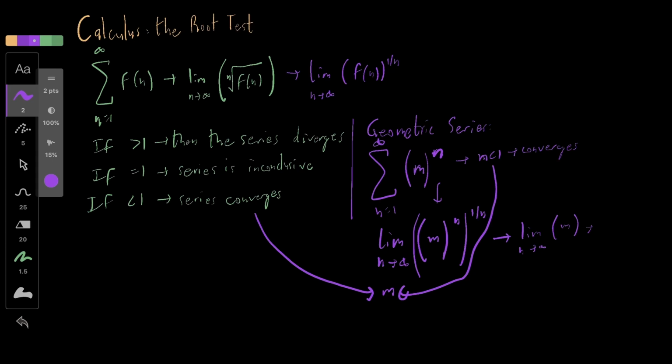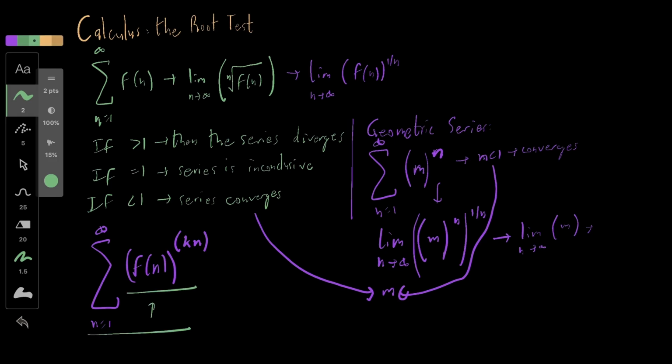Now it's not just that you're going to be using it for geometric series. The biggest case that you're going to use this is, let's say the sum from n equals 1 to infinity, where you have some function of n taken to the power of some constant, k most of the time, times n. And this is essentially the form where you want to use the root test. Now it might also seem a little complicated at first, as the functions you might be dealing with are something like